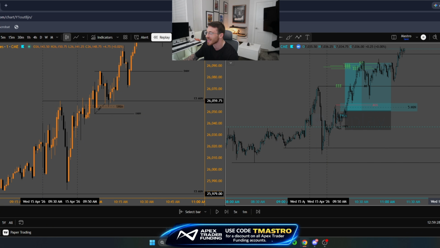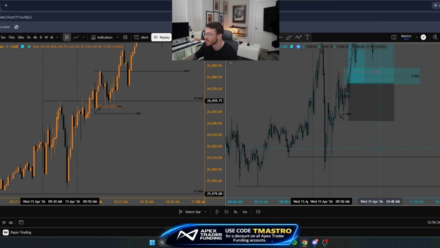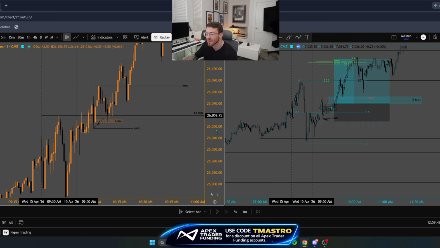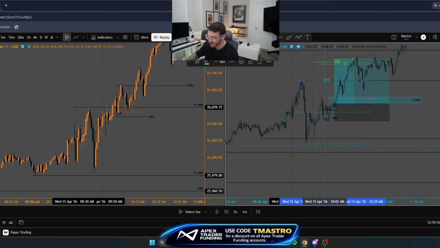I was thinking that we were going to get that move to the downside. I really did, based off the 5-minute time frame. But scaling down to the 1-minute time frame, I wanted to see equilibrium get hit. And by the time equilibrium got hit, on NASDAQ we formed that 5-minute SMT from the low, that 15-minute low. We broke structure on the 5-minute time frame. We inversed this 1-minute gap. It didn't look like price wanted to continue to the downside.